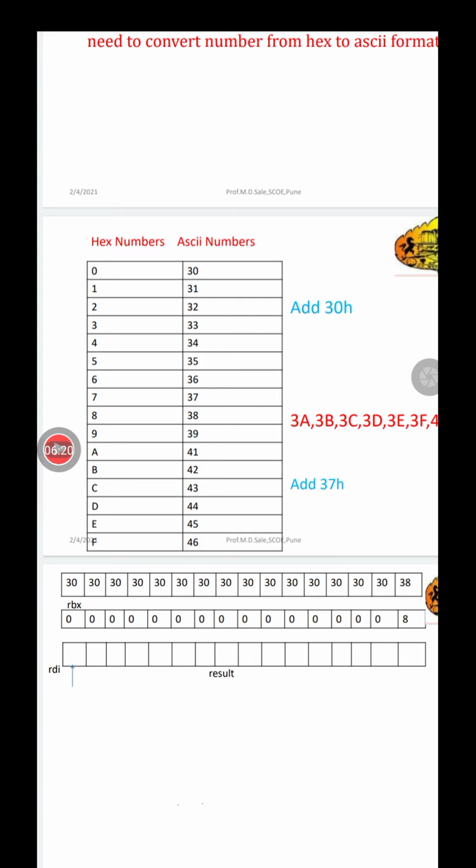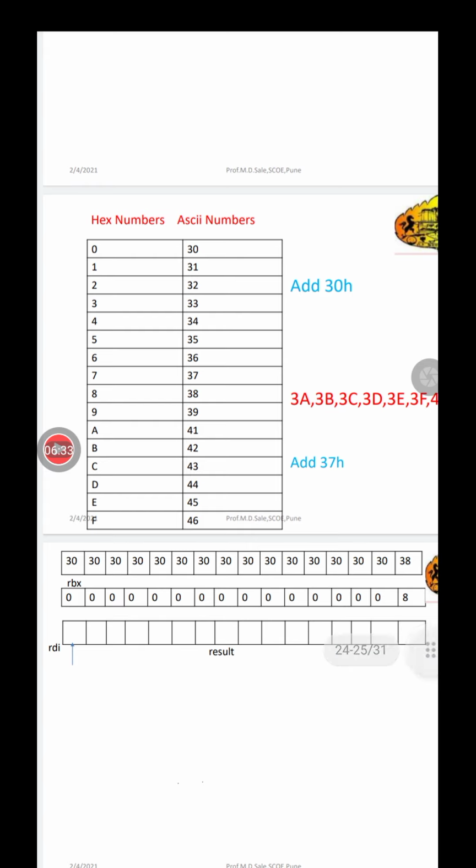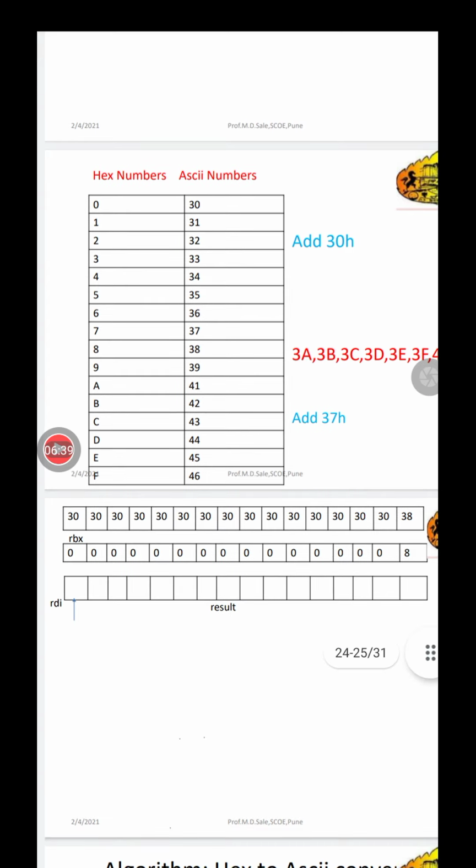So how can we say, for conversion of a hex number into an ASCII value, we have to check whether we have to display the numeric value or the character. If it is a numeric value, then just by adding 30H you can get an ASCII value, and if it is a character, then you have to add 37H into that hexadecimal number.